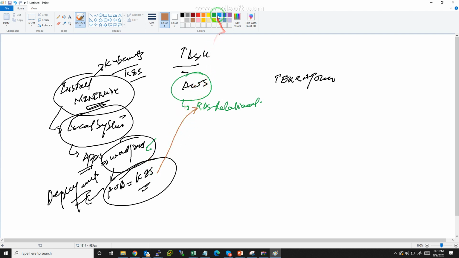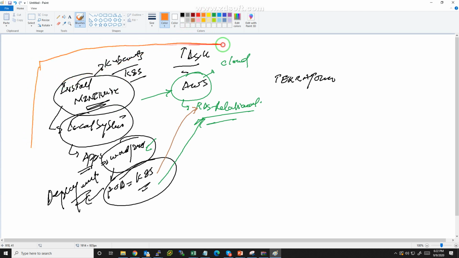That's the main reason, to make a connectivity from local to cloud. As you know, this is a public cloud. Once the RDS is launched, we will connect to it, and we will do all these things with the help of